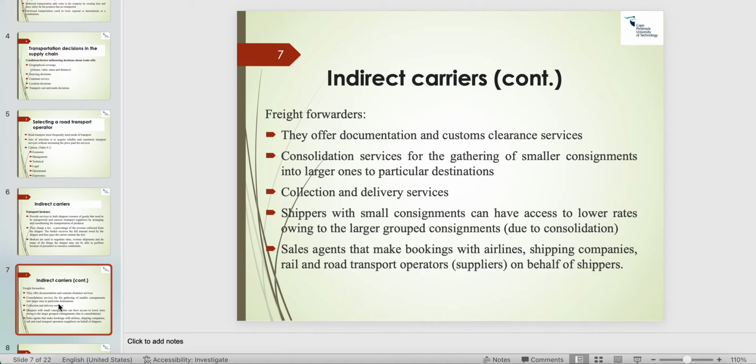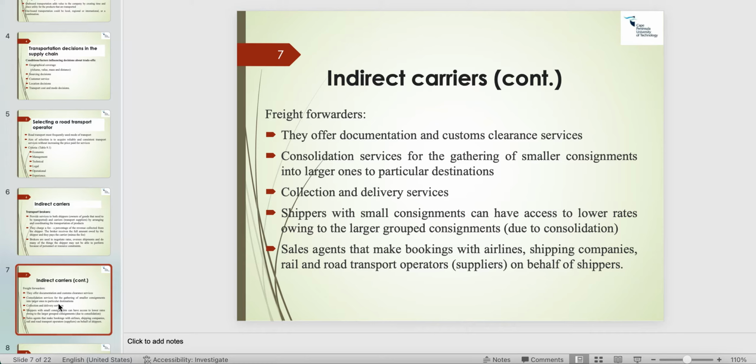Then we have freight forwarders. Okay. Now, who are these freight forwarders? They are found across all the modes of transport. They are the ones who undertake a number of functions on behalf of the shippers, the ones who are shipping the consignments. So they offer documentation, they offer customs clearance services. They take responsibility for that if it involves international shipment, and even within the nation, if they need some kind of customs clearance for certain products, because it is regional or because it has some regulations on it, they make sure that they deal with it.